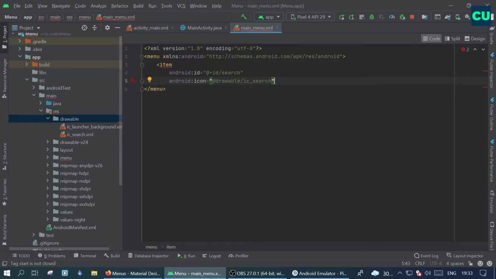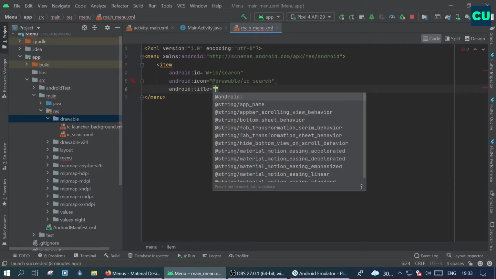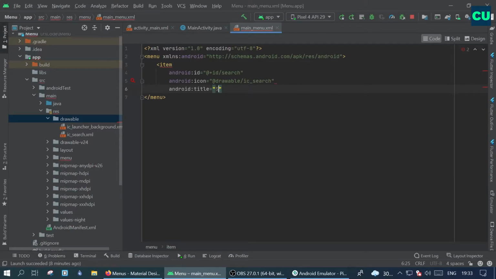The third attribute is the title, and this title is mandatory here. Title is nothing but the string reference used as an item's title. If you don't want this menu item to be shown as an icon, this menu item will be referred to by the title that you provide under the title attribute. Give the title as search. Once you have given this attribute, close the menu item with a slash and closing arrow. So now we have successfully created our first menu item.